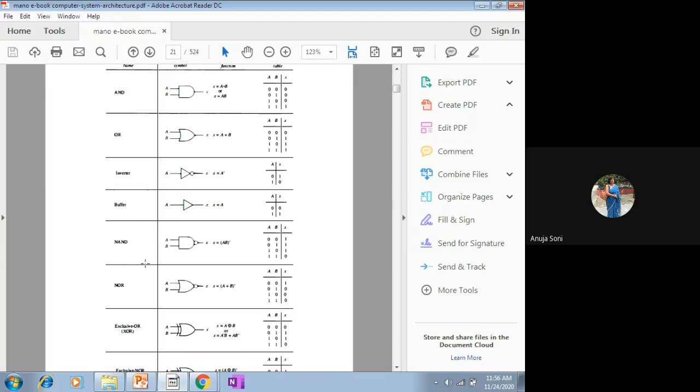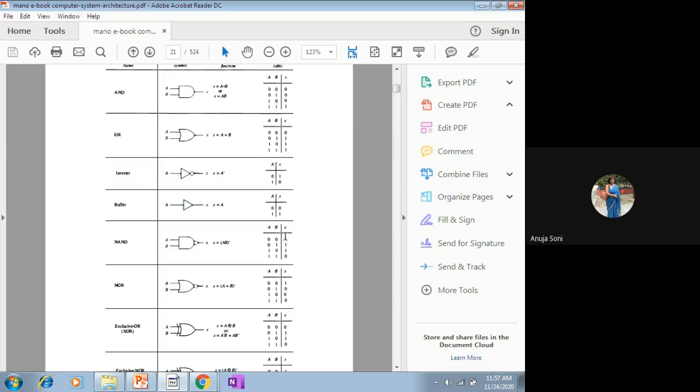Now we come to the NAND operator, NAND logical gate. NAND is basically AND plus NOT. And what is the graphical symbol? It is similar to the AND, except here the small circle is used. Here two input values are there, A and B, and one output value is derived, that is X. And what is the Boolean expression for it? It will be X equal to (AB)'. Means, first of all, the AND of A and B is taken, and eventually its complement value is taken. That will be termed as your NAND.